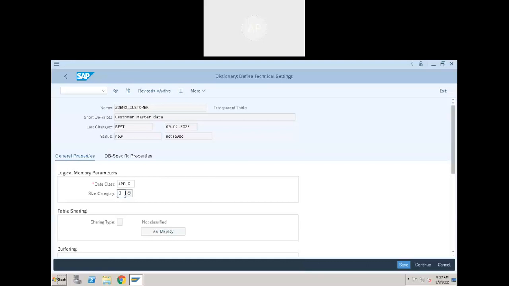Even if it exceeds that limit, it won't stop you from creating records in the table. It will add one more size category, another 3400 records. It will automatically extend the space. It's not going to stop even if the limit is exceeded. But why are we using this size category? To specify the approximate memory required for this table in the database. What is the approximate memory required